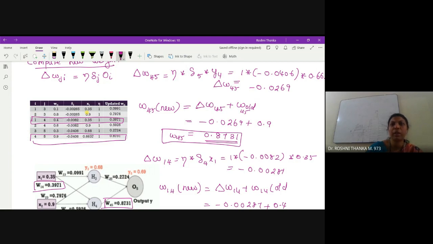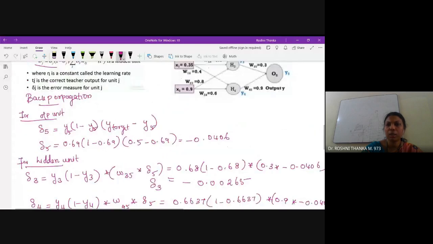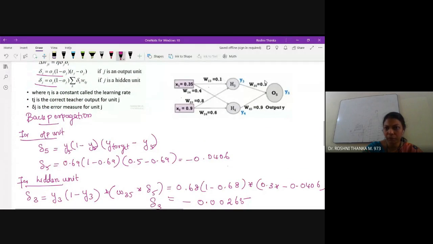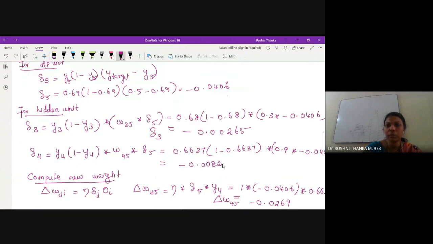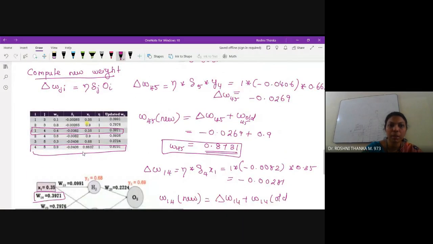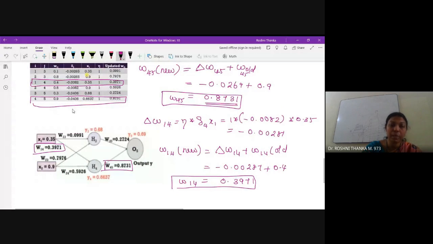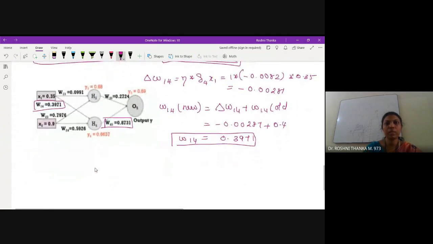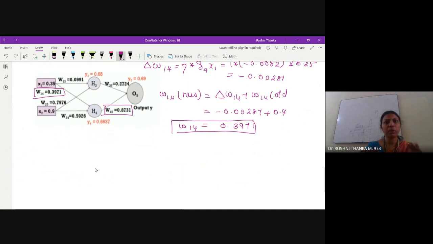Similarly, in the same way, when you do for all the other weights, in the same manner, you will get this table, and based on that back propagation, the weights have been updated here. Okay, so now we did it. Once feed forward is done, and one back propagation is also done, after doing this back propagation, you can go for the next